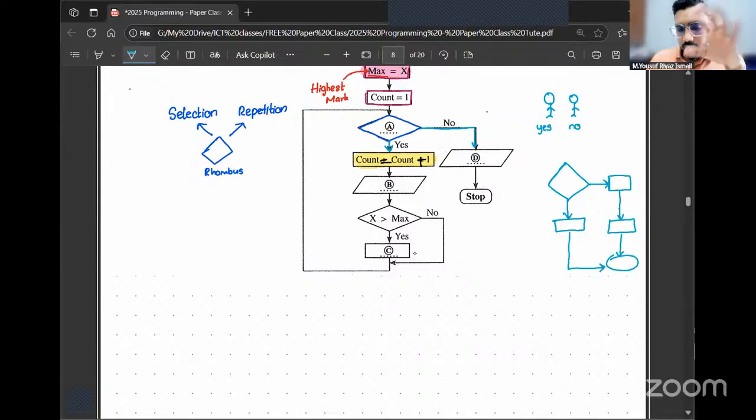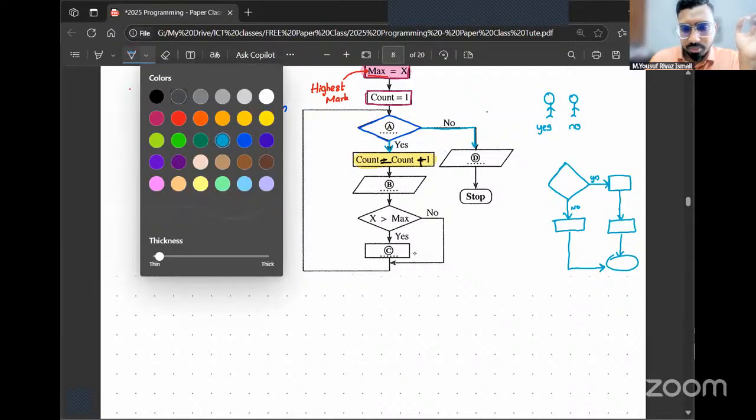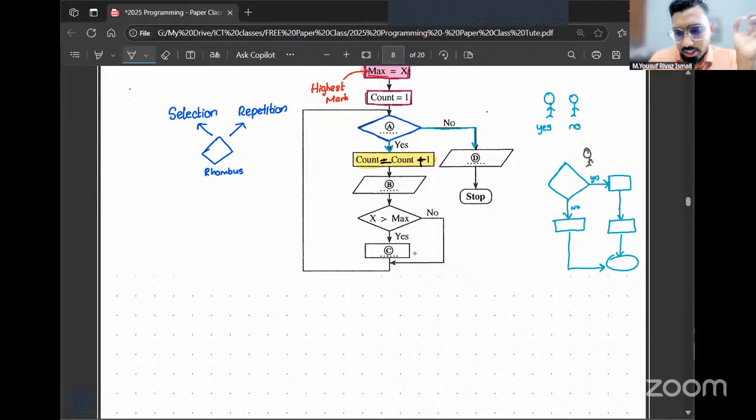Look at this structure I drew on the right-hand side. It's a dummy structure, and tell me, let's say this side is yes and this side is no, and there are two people. One fellow is going to travel in this yes direction, and one fellow is going to travel in this no direction. If both of them travel in two different directions, is there any place they could meet commonly?